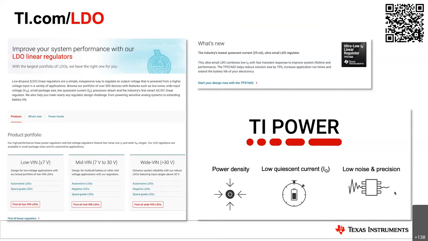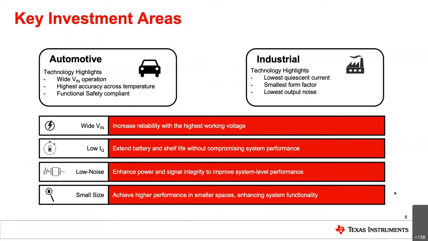All right, moving forward, these are our focus areas and key investment areas. Now, TI in general is focused on automotive and industrial, and I've listed some technology highlights per market segment. For automotive, we include our wide input voltage operation to sustain high voltage transients when powering direct from the car battery.